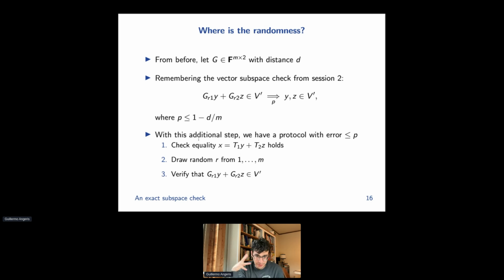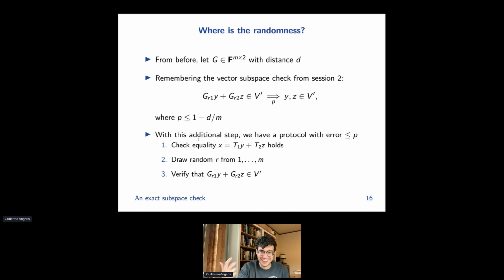From before, this is the same setup as we've had before: we have a matrix G, which is some code, right? And in this case, G is going to have m rows and 2 columns. So it's a very silly code, and it's going to have some distance d, whatever the distance is. So if you remember the vector subspace check from session 2, which we actually did prove, we know that